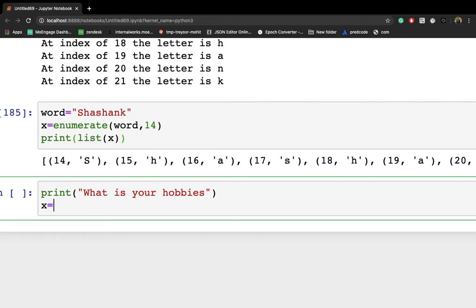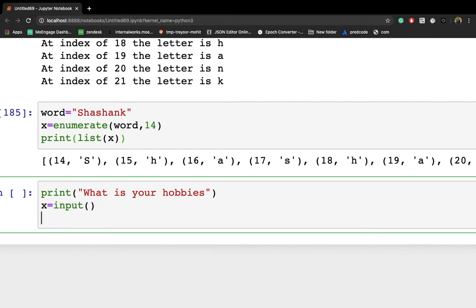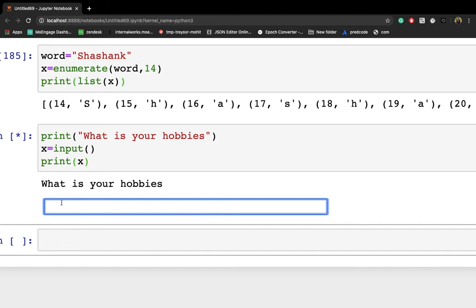Now x is equal to input, which will allow user input. What I'm doing here is print x, simple, right? So once you execute this, it will ask what is your hobbies, so the user can